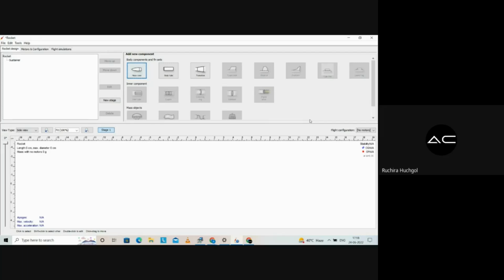Then comes center ring. Centering ring is something that holds everything that is inside the body tube, as in creating compartments or allotting area, so that these things do not move into the next things or collide with the instruments, right? So they are used as a barrier. Then there is bulkhead. Bulkhead is used mostly in the recovery system, which I'll talk about later, where we connect the shock cord and the shrouds, the parachute and the nose cone and the body tube together. We mostly use bulkhead. Then there comes engine block.